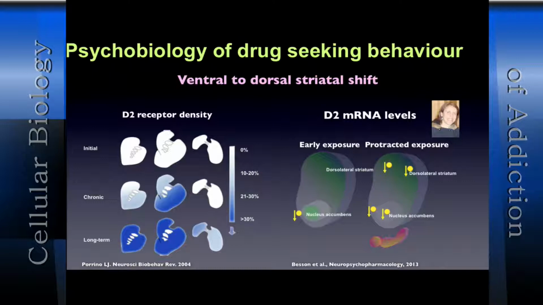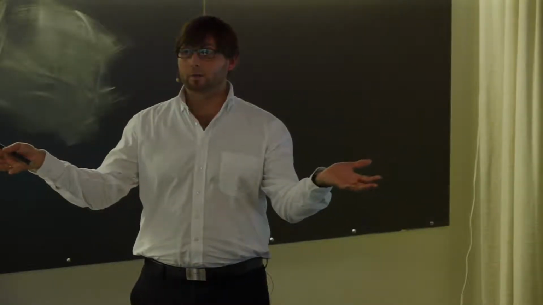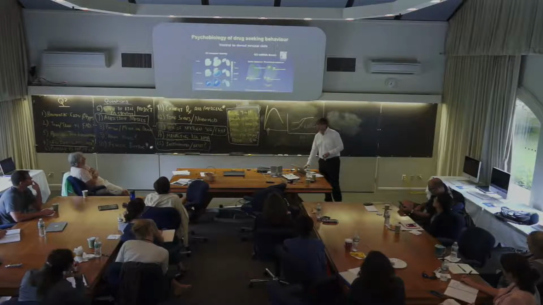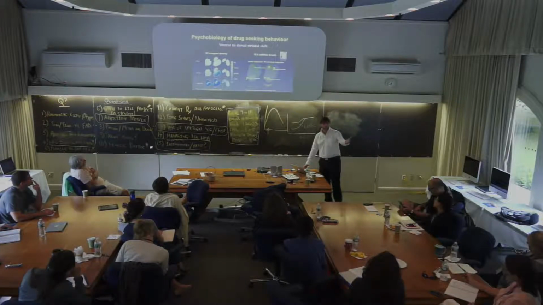And we've shown that this was the same in rats with in situ hybridization. Initially, there's a decrease in D2 receptor mRNA levels in the shell of the nucleus accumbens, and after 50 days of self-administration, it spreads to the nucleus accumbens core and all the dorsal territories of the striatum. So there are indeed adaptations that take place initially in the ventral striatum and spread to the dorsal striatum. How can you account for this spread from ventral to dorsal?